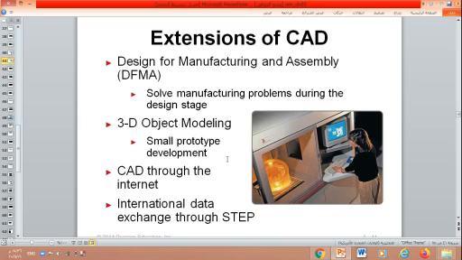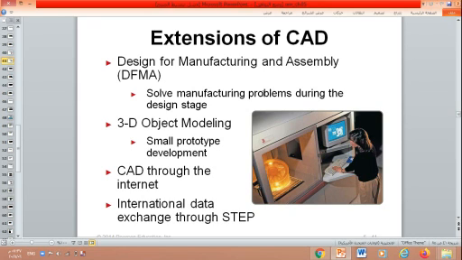So what do we mean by design for manufacturing and assembly? It is software that allows designers to look at all the effects of design on manufacturing of the product, and they can adjust any errors before it is released as a full product. So I can detect any problem during the design process before it moves to the finished or full product. Okay, another extension of